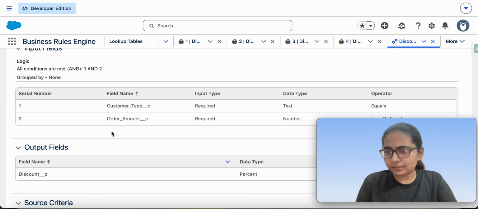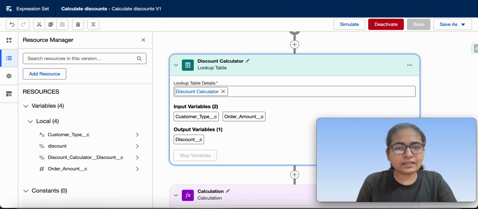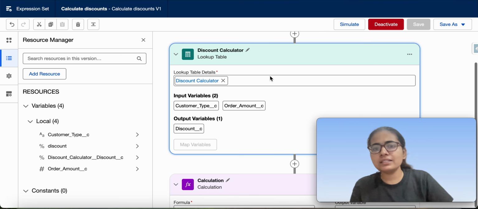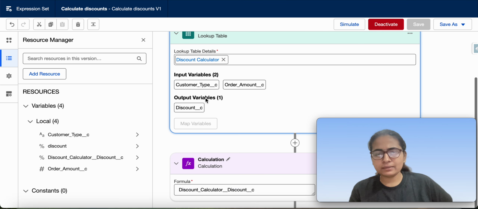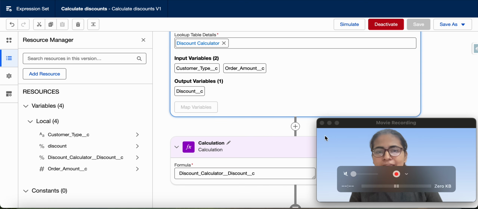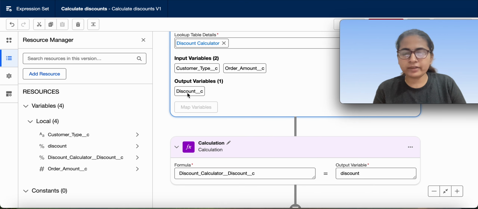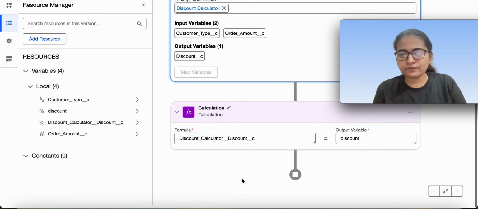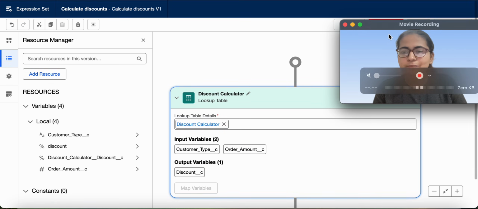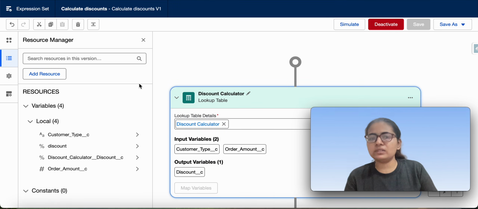It had the input fields and the output fields, and if you come up here, what it is doing is calling this, giving the input variables, getting the output variables, and in the end I am storing this output variable, which is discount, in this field. This expression set will have the discount present over here.